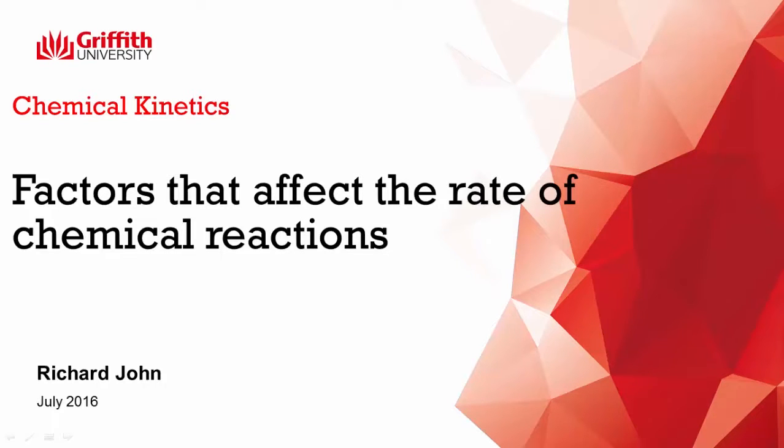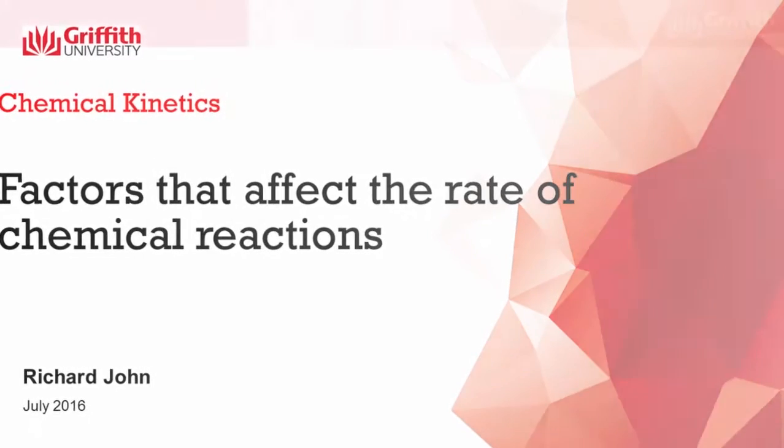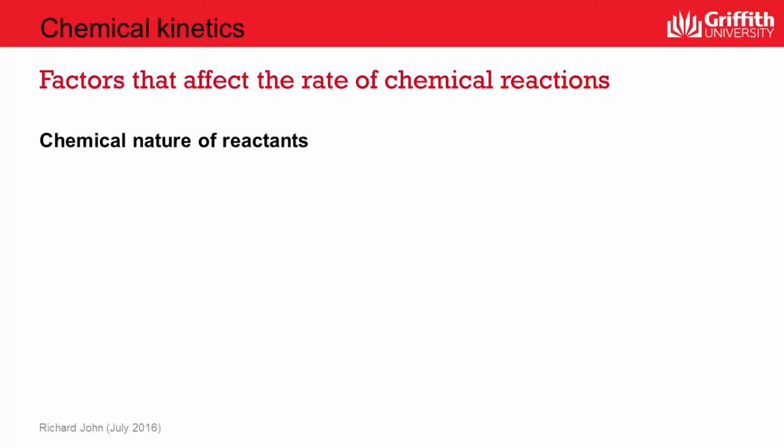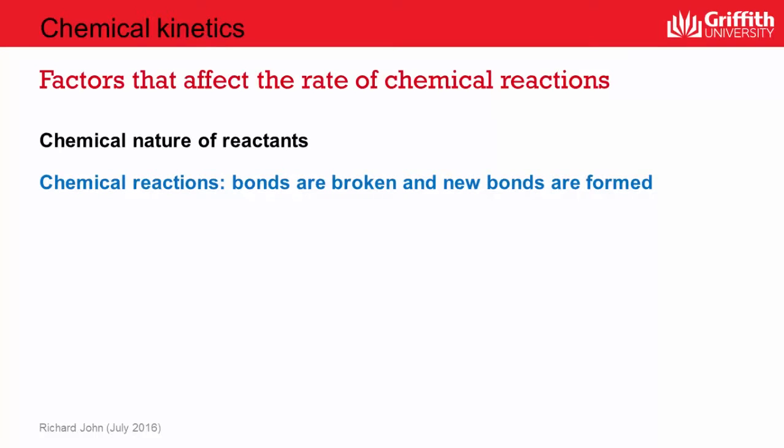In this video, we look at some of the theoretical considerations and practical experimental variables that we can use to control or affect the rates of chemical reactions. The fundamental underlying differences in rates of reaction for different chemical processes lie in the chemical nature of the reactants themselves. Now, during chemical reactions, bonds are typically broken and new bonds are formed, and it's the inherent tendencies of the atoms, molecules, or ions to undergo bond breaking and bond forming processes that result in different rates of reactions